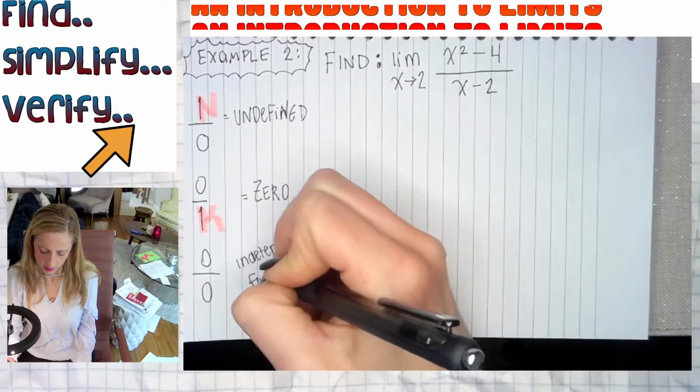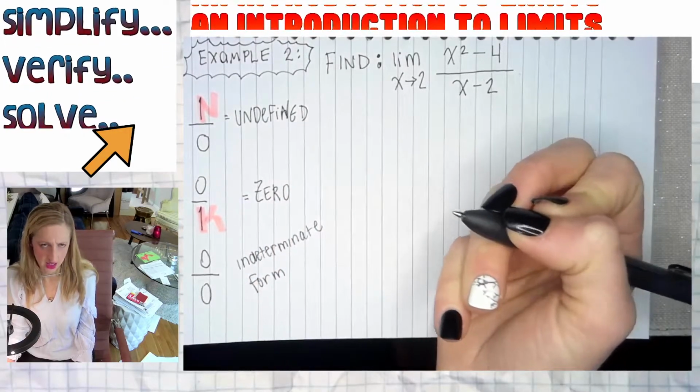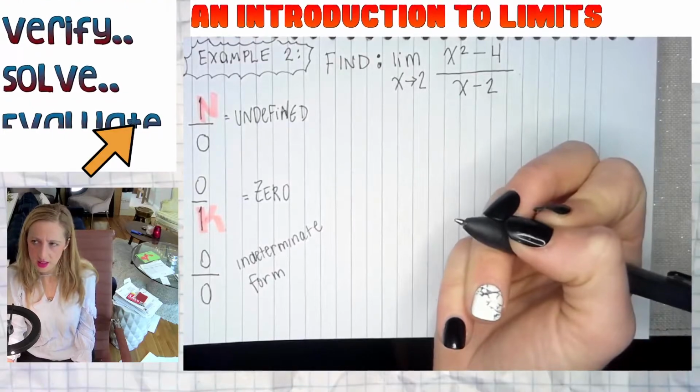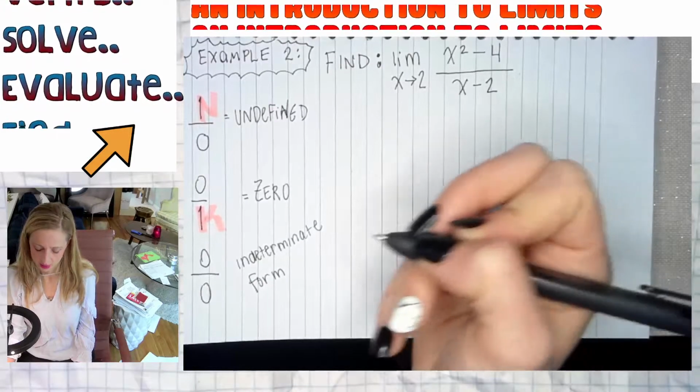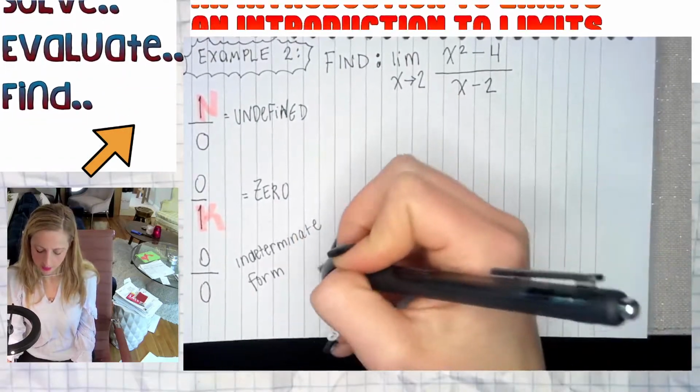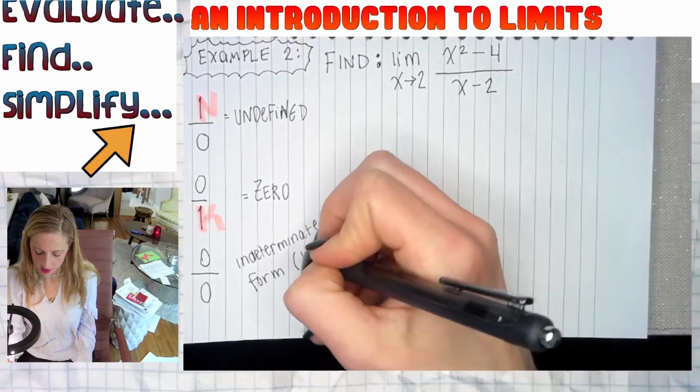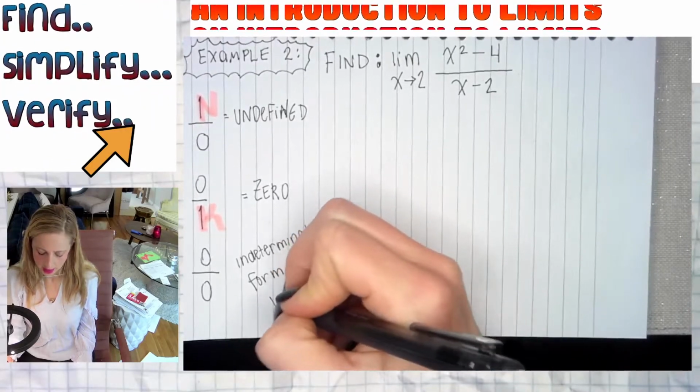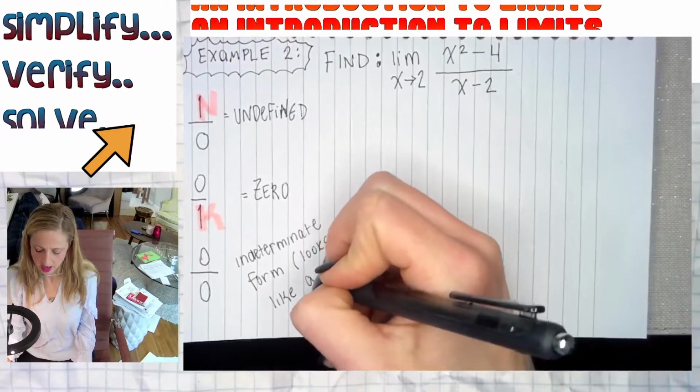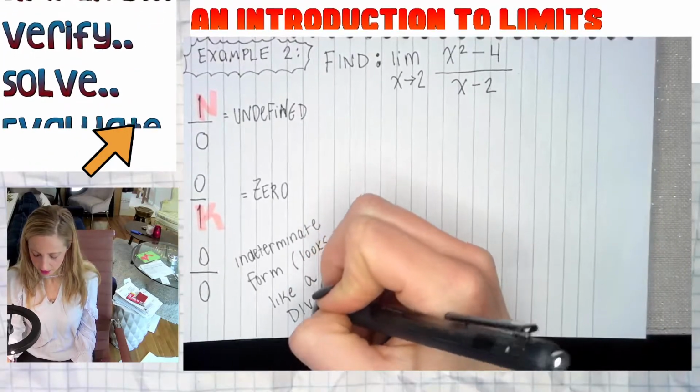form. Is it spelled A-T-E or A-N-T? Can one of you check the spelling? Indeterminate form. And I think it looks like, if I'm wrong, let me know, a division